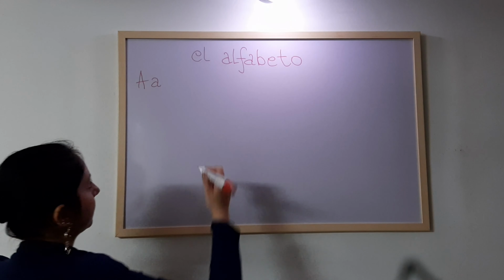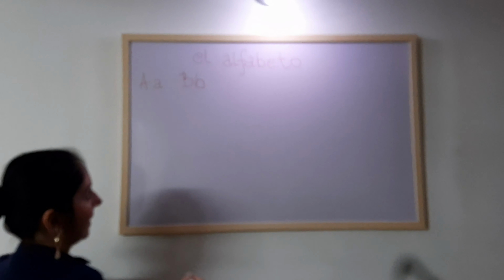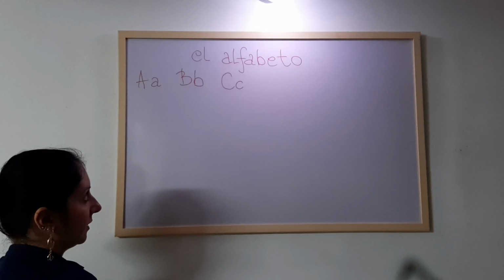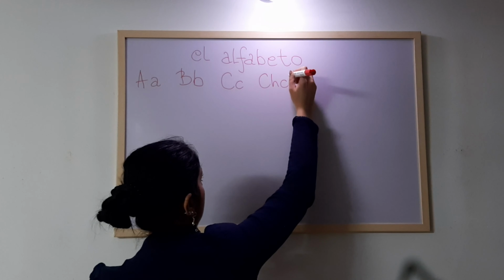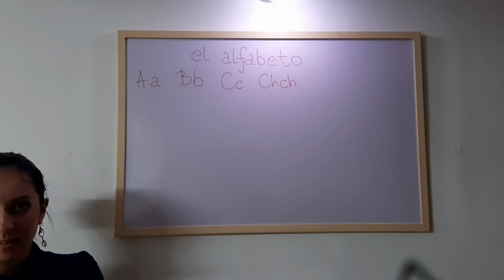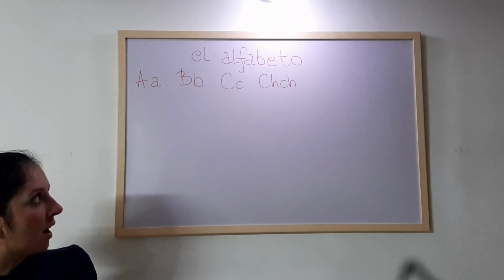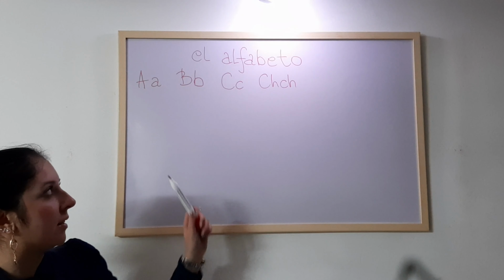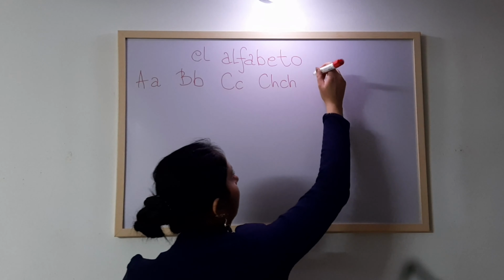A, B, C, now this is Che, which is not anymore in the official alphabet, but I like to teach like this because it's a bit easier, because the letter C becomes a bit complicated. So let's continue. D,